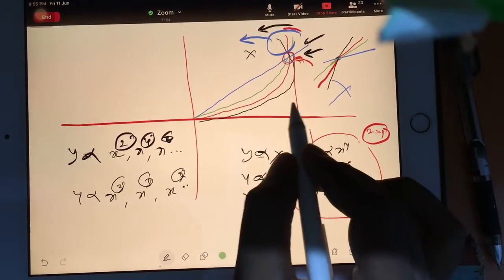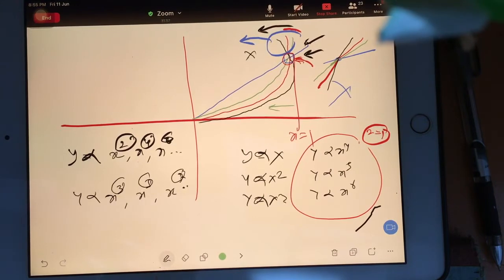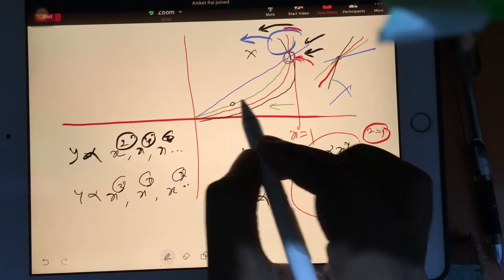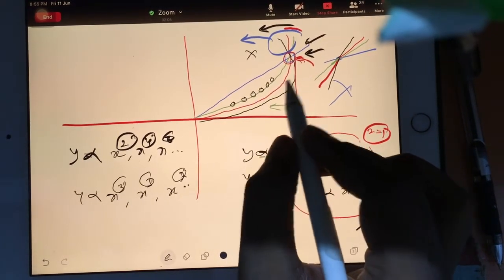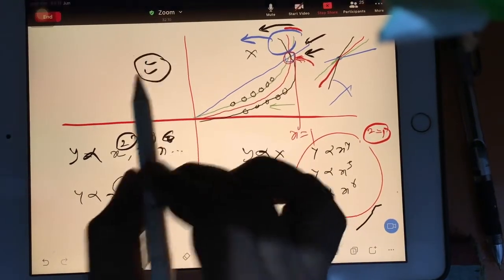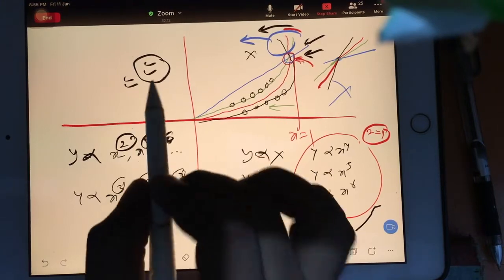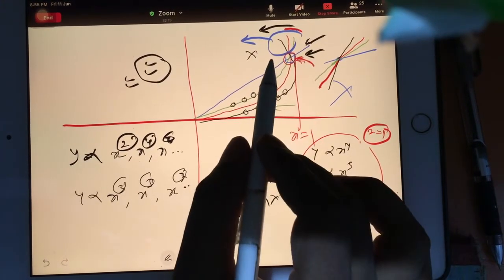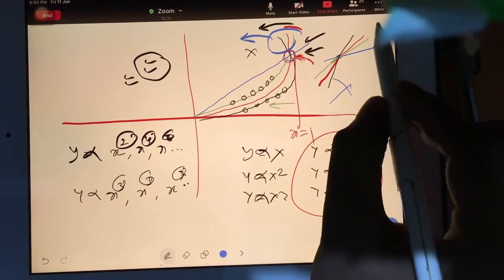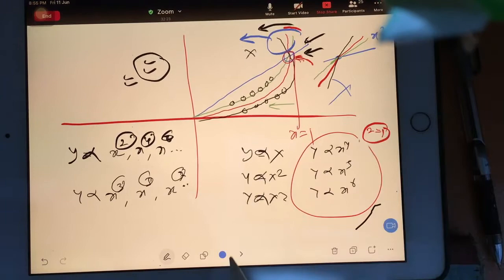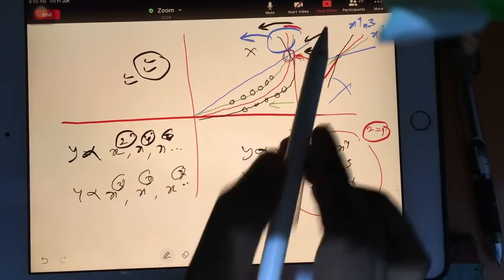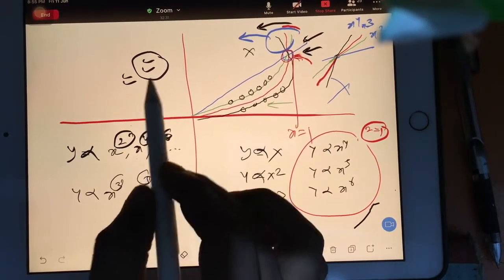So you can see below 1 how the curves are increasing. Below 1, the green line has a different slope, and the black line has a different slope. Now go home after the class and judge whether green has more slope or black has more slope. I should write here: this is the x square line, the red one is the x power 3 line, and the black one is the x power 4 line. I hope you got what I'm trying to say.